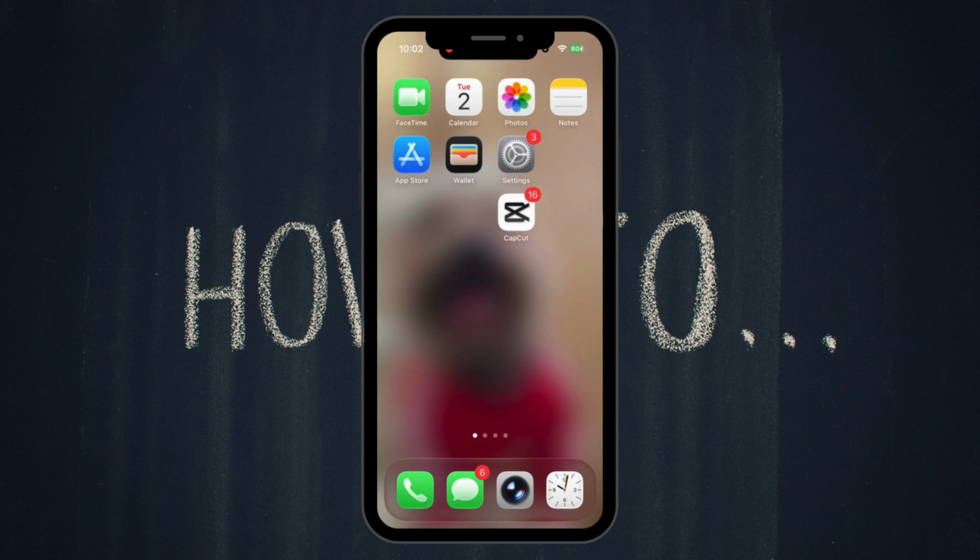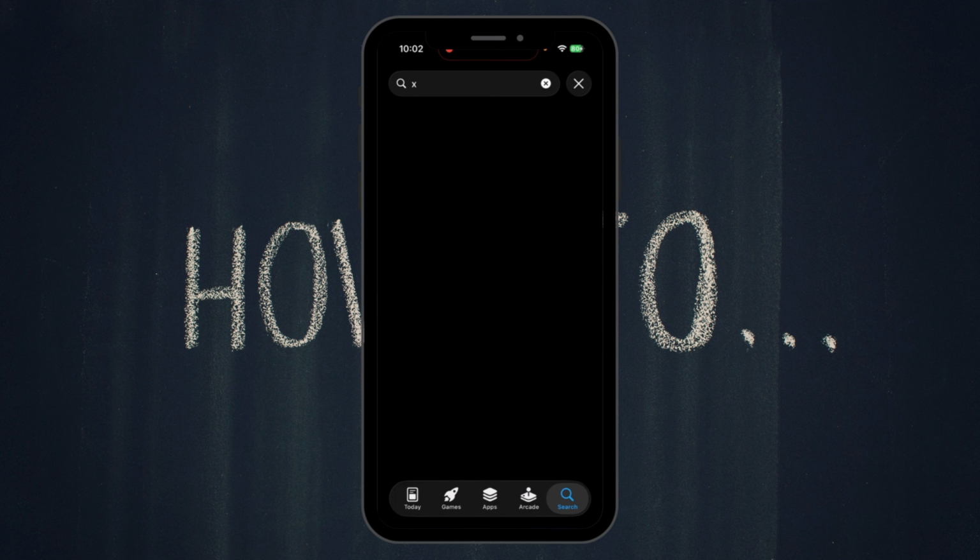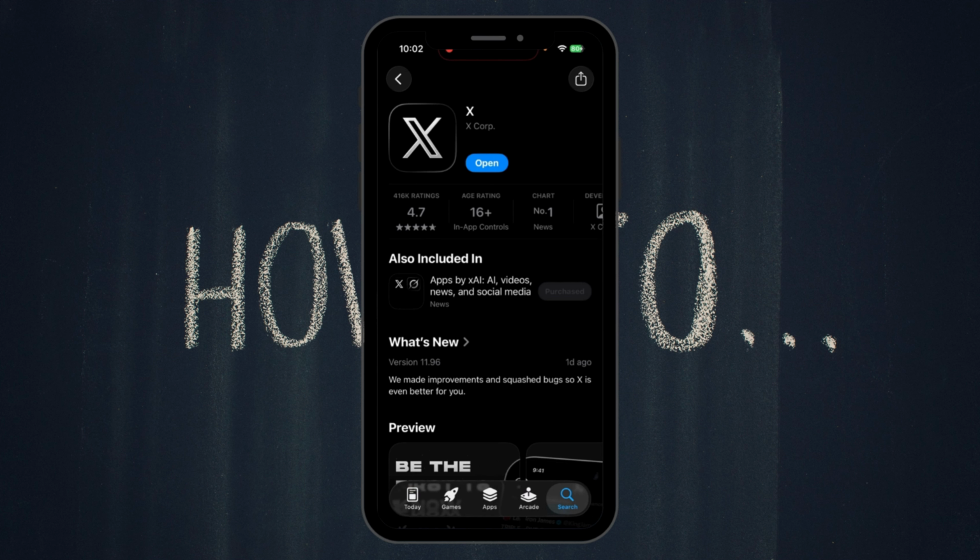Next, close settings and go to App Store or Play Store. Then from here, go ahead and search for X, open it. Then in here, you should see an update button if the app needs an update. So make sure you're using the latest version of X. And that's basically that should